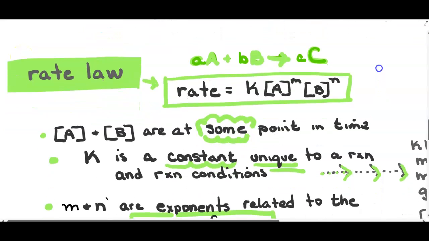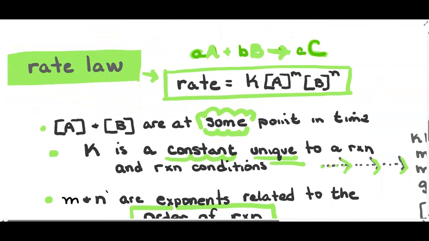We're going to use what's known as the method of initial rates. Let's say we have this reaction: a moles of A react with b moles of B to form c moles of C. So we would write the rate, and that's literally a rate, something in comparison to time. That's what a rate is, and in this case it's usually concentration, or it could be pressures for an entirely